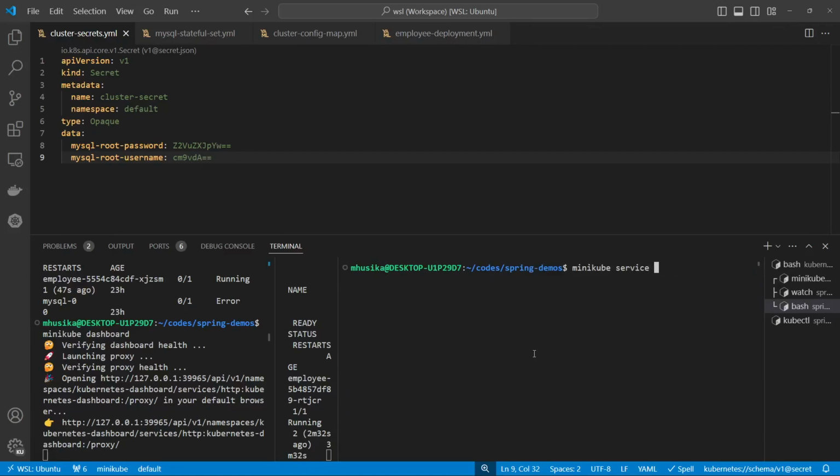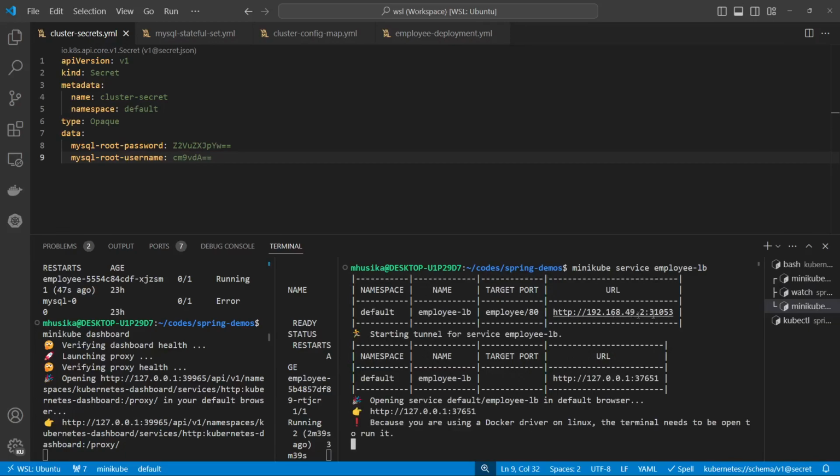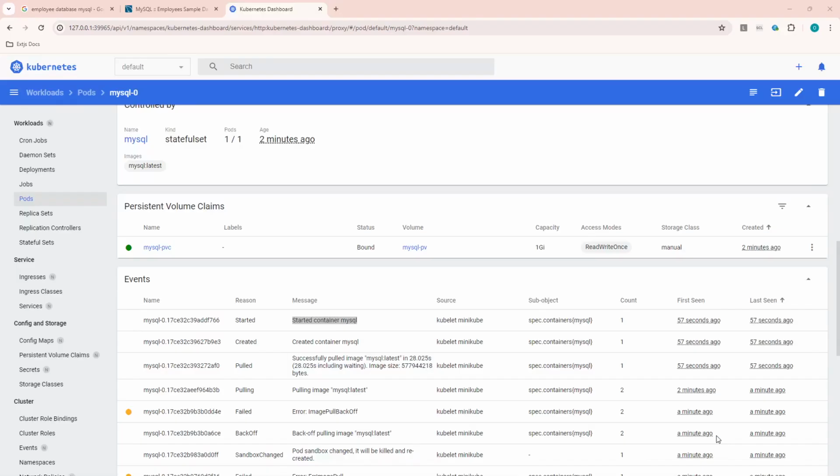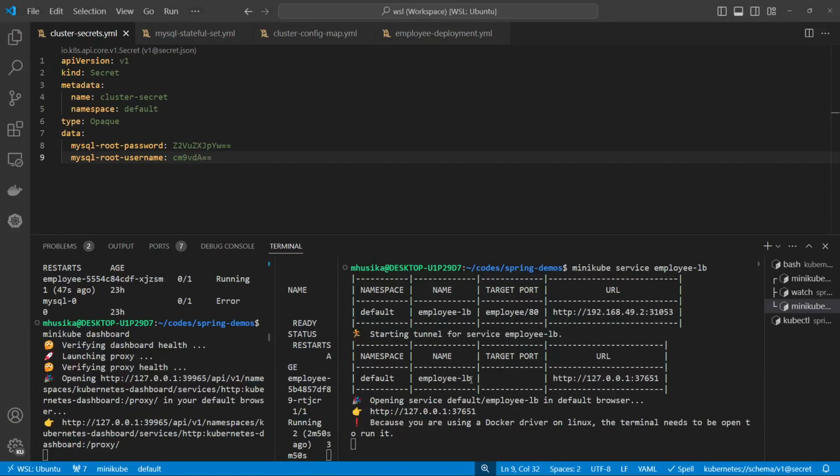So it's going to be minikube service and then the service name. And in this case you'll see that now we have the URL. So our URL for this one, I'm going to open it in the browser. You can see that there is no static resource for that, so I'm going to quickly go to this port. Alright, so this port, and then go to our